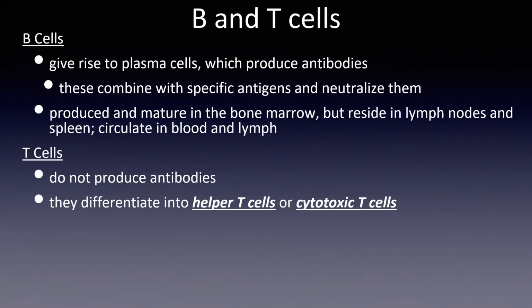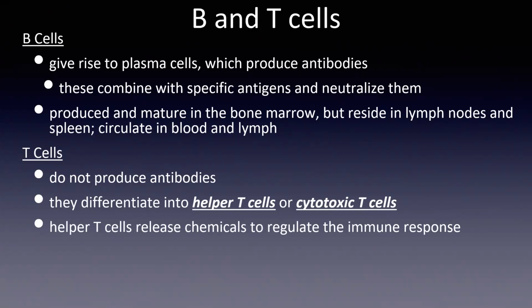But they both do a great job to keep us healthy, because helper T cells will release chemicals to regulate an immune response. For anybody who does play Call of Duty, it's like that weapon that you place and then you leave, and then when someone comes in close proximity, it explodes. What's that thing called? A claymore, yes. It's like a claymore. So that's what helper T cells will do.